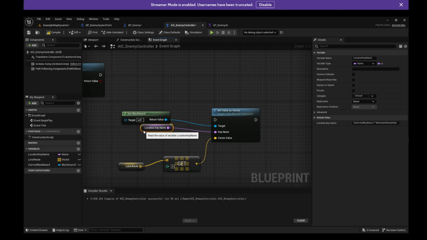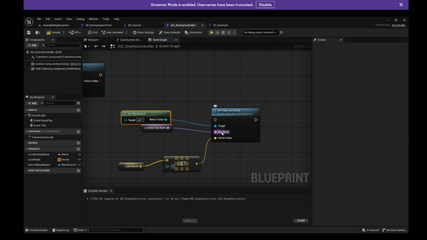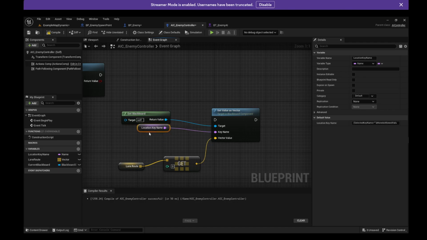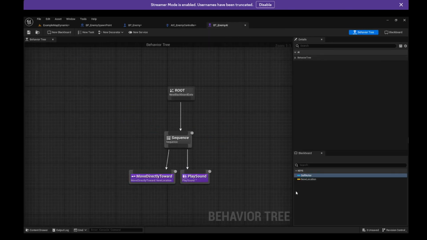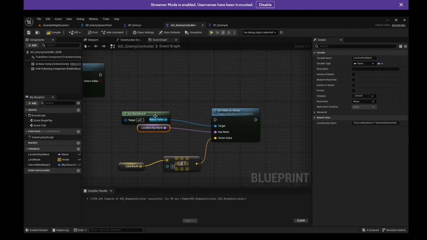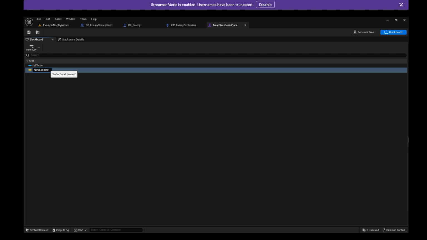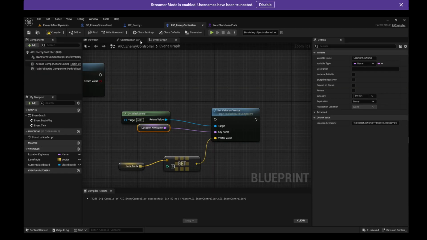Anyways, you pull in the Blackboard from here, and then you use the name of the key. So in here, our name is new location. So what it's going to do is grab this Blackboard and say, okay, I want to find this thing called new location. What's that? Well, this is how it's spelled. It's spelled like this. So we're going to make sure we take that. There we go. And I'm going to plug that into our name here. New location is the name. And so it's going to search for new location, and if it finds it, it's going to set it to